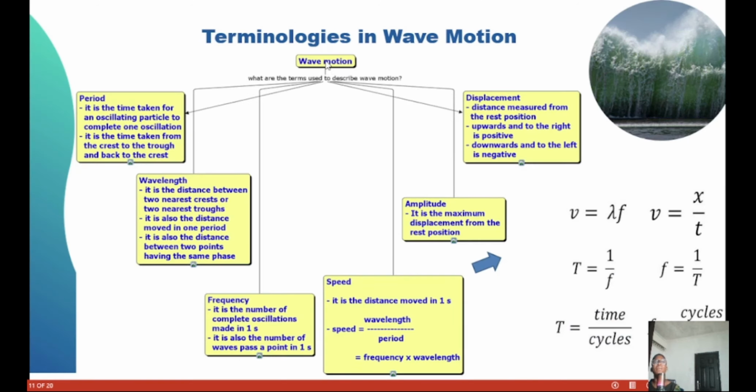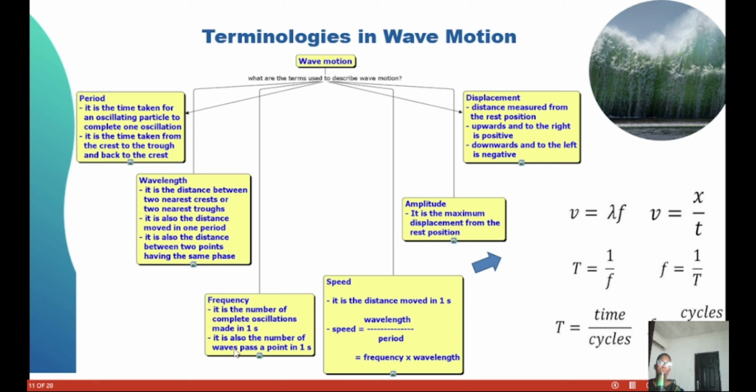So these are the major terminologies we are going to be seeing as we go through wave. Wave is a very, very broad topic, but all these terminologies will be used as frequently as possible. So we have the period. This is the time taken for an oscillating material to complete one oscillation. I know you remember what oscillation is. That is to and fro movement. So the time it takes for an oscillating material to complete one oscillation is called the period. And if you check this other side where my mouse is, you see that T, which is the period, is equal to 1 over the frequency.